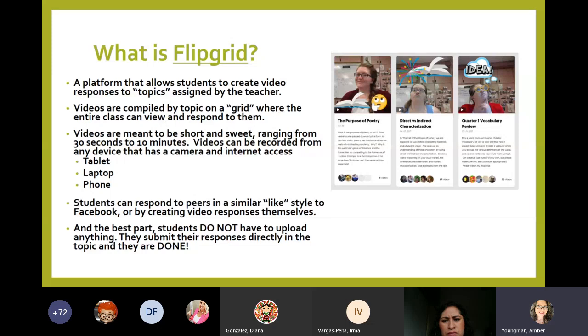So once a student responds to a topic that a teacher gives, students can respond to other peers. So it is a response format too, and they can create video responses. They could like other videos. And so you can really have a whole digital discussion online with your students responding and talking to one another